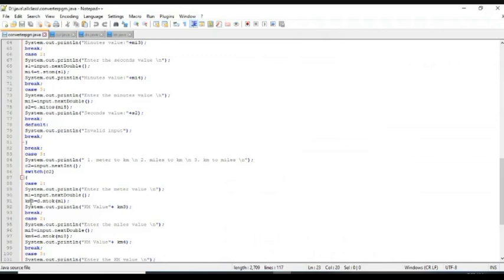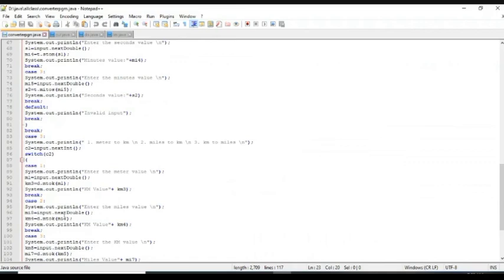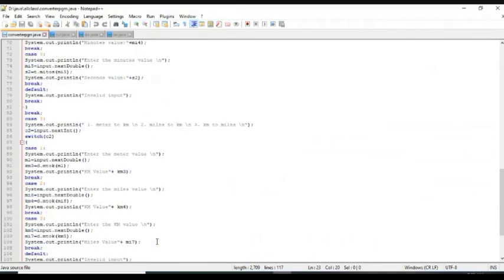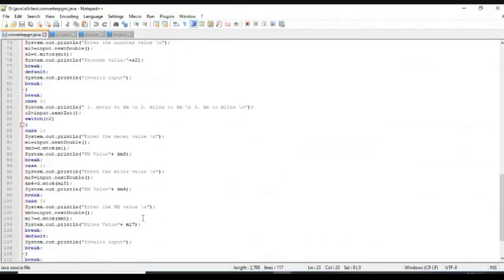Case 1 will convert kilometer into meter, case 2 mile into kilometer, and the third one kilometer into miles.